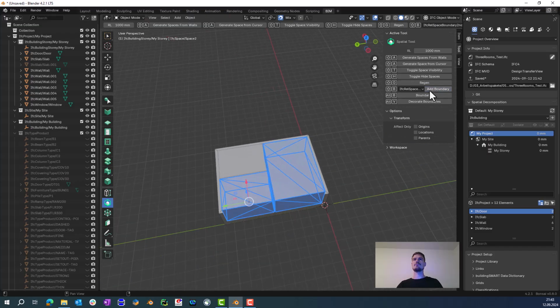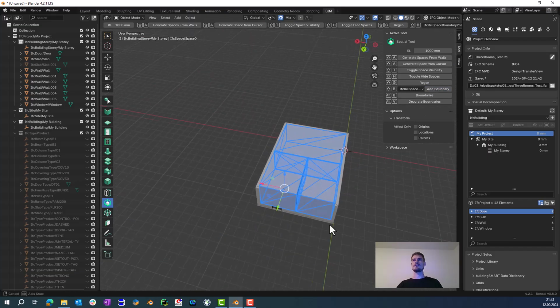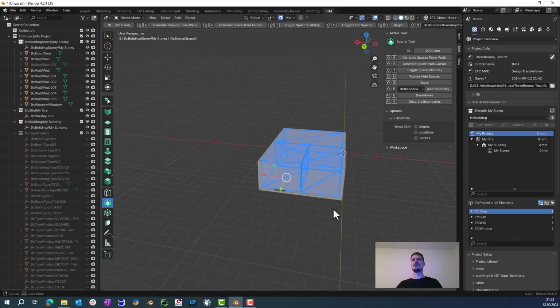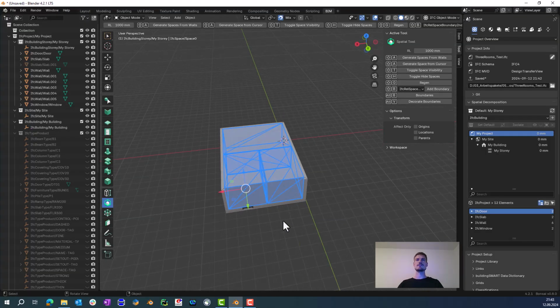You can do this with the other spaces as well. You can say Add Boundary and say Add Boundary. And you can see here, okay, the spaces were added, the space boundaries were added, but what we can see here, sometimes this function doesn't work correctly,